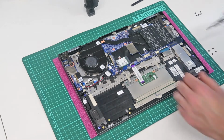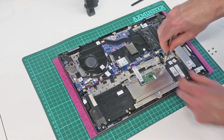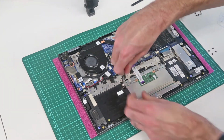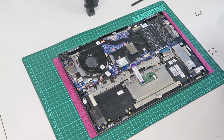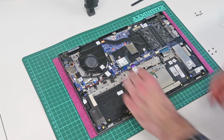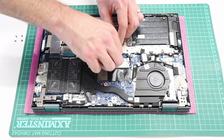To replace the touchpad, what we then have to do, with the battery removed, is undo these two screws at the top. Then we want to disconnect. In fact, let's